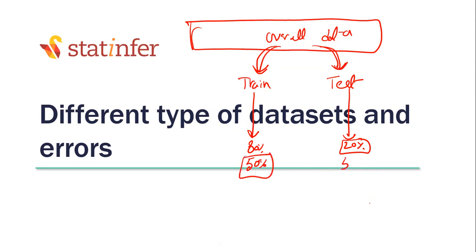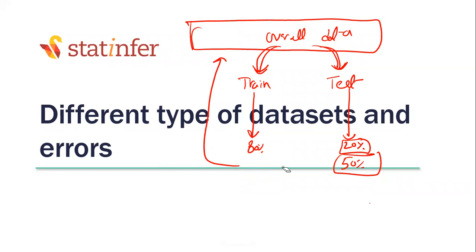Let us keep 50 for training, 50 for testing. Can you tell me what is the problem there? We are not getting a hang of the full data. 50% of the data may not really reflect the full data. Do you agree with my point? Think about it. 50% of the data that you are taking may not totally reflect all the patterns in the overall data. You need to be careful.